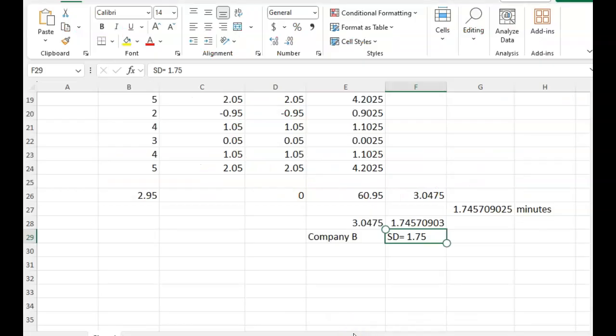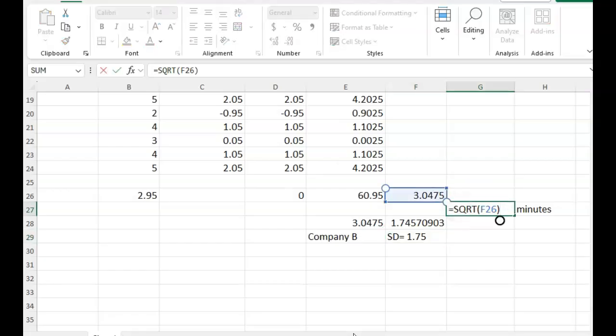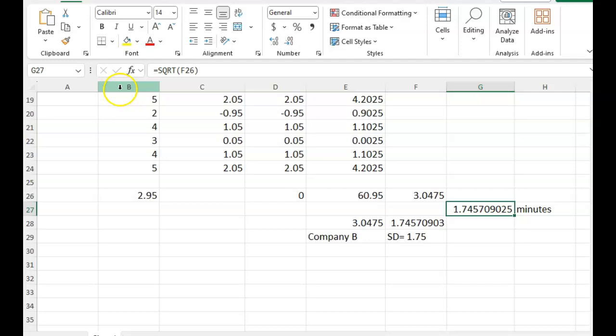This one? Yeah, equal sign and then SQRT. Yeah, it should pop up when you start typing it. And then just click it. And then click on the cell you want to take square root. Did you get the same number? Yeah. Good. So that's your standard deviation for